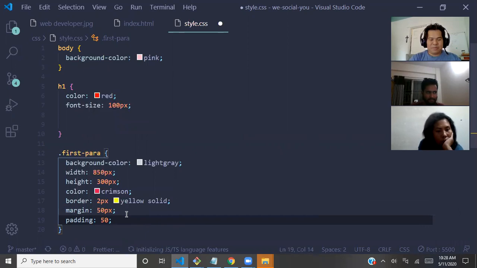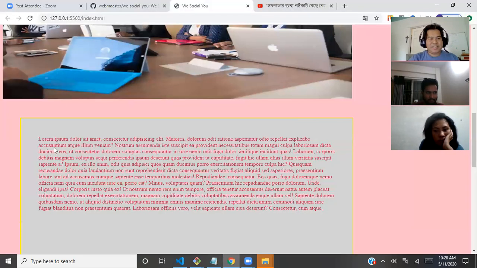This one is 50 pixels too, say for example, and check it. Now you have padding, now it has become more readable. Okay,